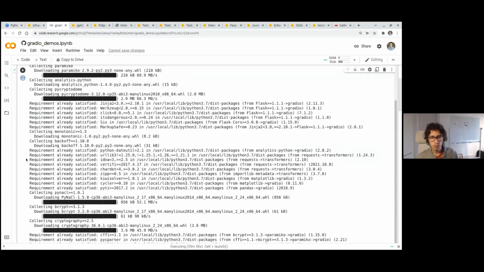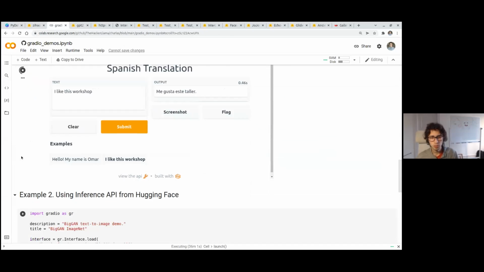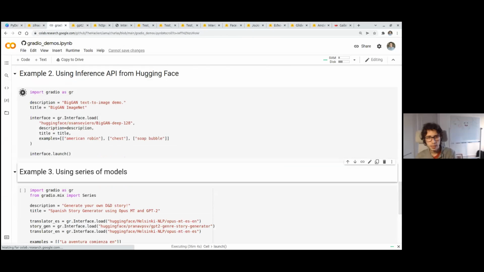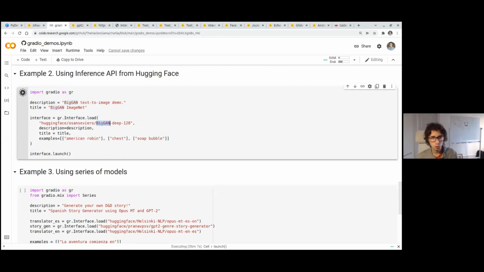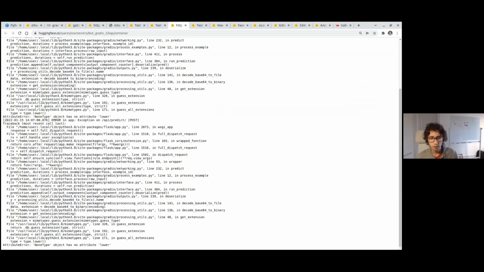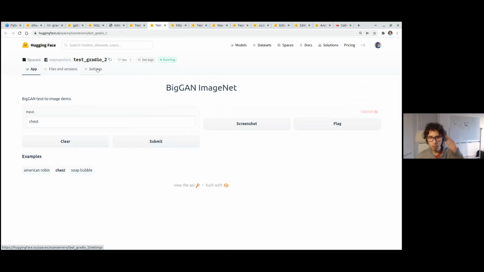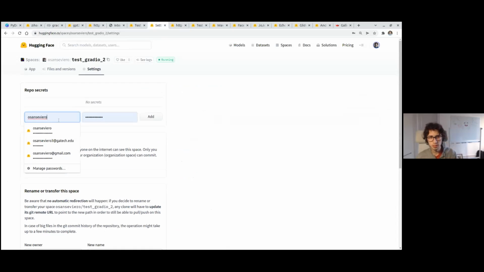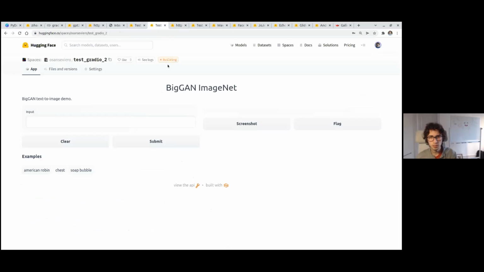So going back to this API demo that I was telling you about, here I'm using this model called BigGAN, which is the one I showed you before. This comes from the hub, so this is a model that I was able to find up there, and I can use this model directly, right? I think this was the one that was failing. So let me just very briefly check why it was failing. And it seems there might be some type issues. Something you can always try is to rebuild this space. So let me just quickly trigger a refresh. So the space now is building again.